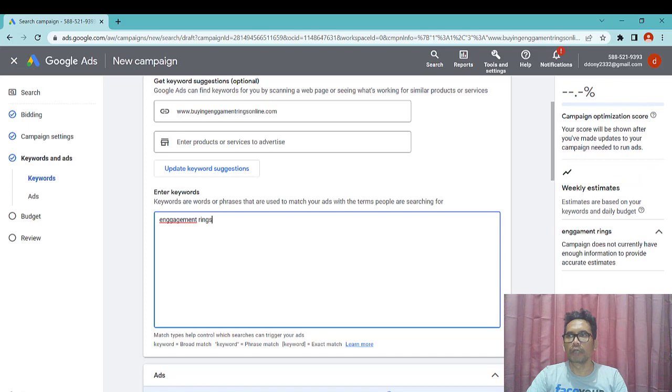And then we are going to define our keyword match types. The keyword match type defines what combination of our keyword engagement ring will trigger our ad. We are going to use the exact match by putting brackets around the keyword.